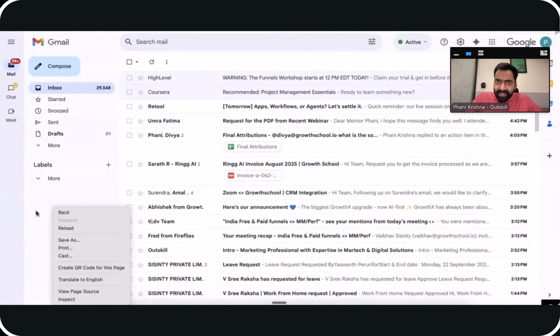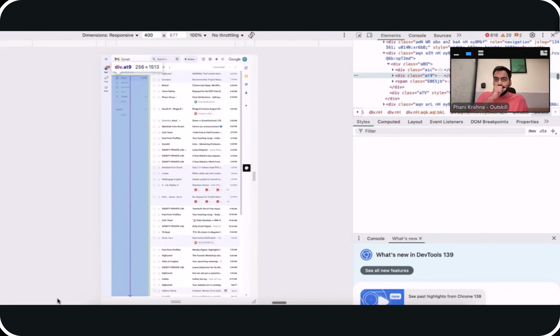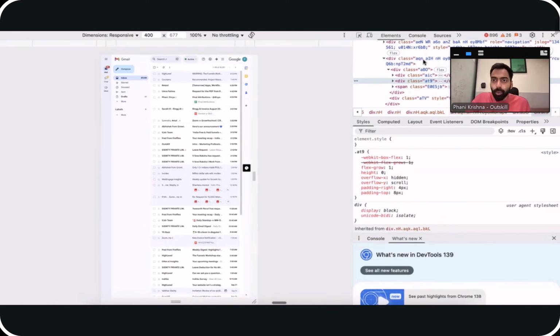And how do you access the backend? This is not something that you need to do every time, but the tech folks on the call would really understand what I'm saying, right? You can right click, it works on Windows and it works on Mac as well, and you go into this option called inspect. Now, when you go into this option called inspect, you will end up seeing that